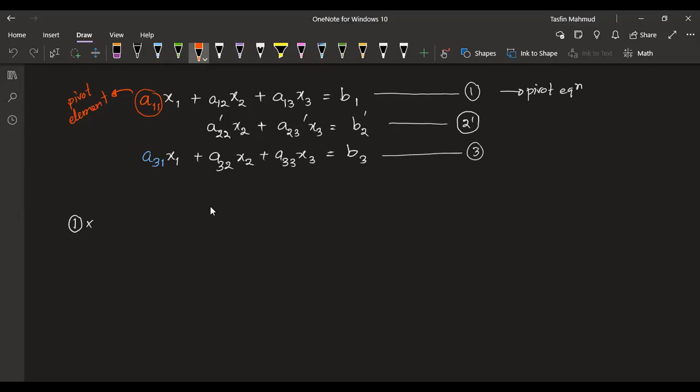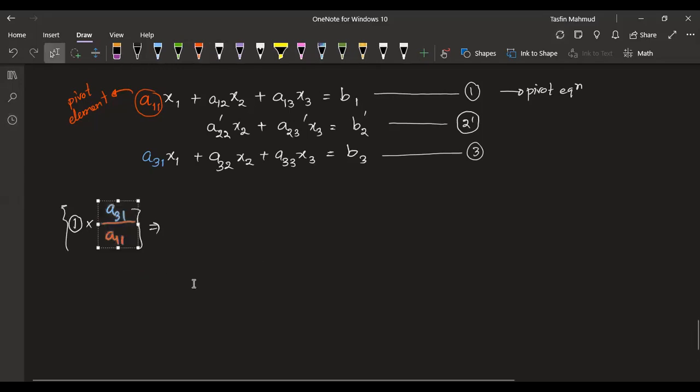Exactly. So we are going to divide it by the pivot element, the A11, and we are going to multiply it with the element that we want to eliminate. We want to eliminate this thing, so we are going to multiply it by A31. So then what we will get, okay, let me write it in detail in a fast way. I have to write faster. So we will get this thing,